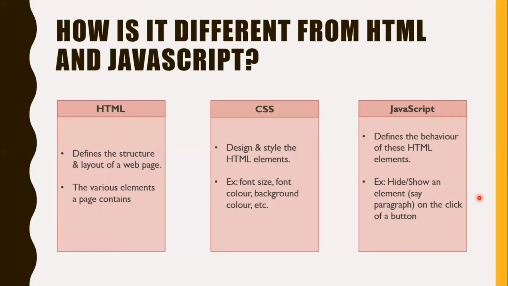And then you have a lot of electrical circuits and appliances in your house, and then you turn on a switch and something or the other thing works in your house. Let's say you turn on a switch, the fan starts working, the AC starts working, and a lot of other things, right? Maybe you turn on the switch and the colors of the lights in your house change. That is what JavaScript does. It controls the behavior of the elements in your page. Maybe you can click a button and the background color of a div changes. That is JavaScript.